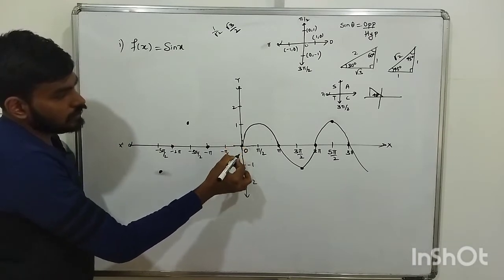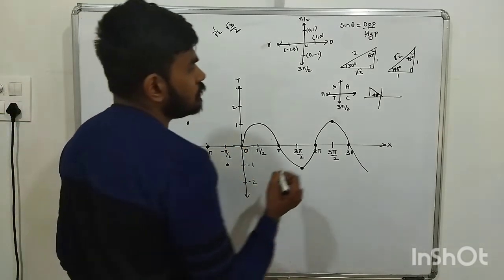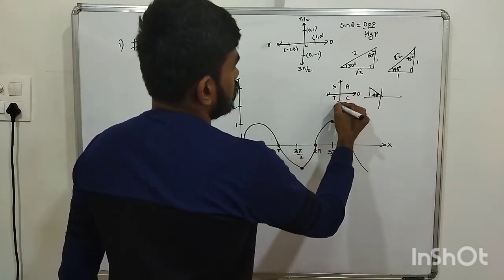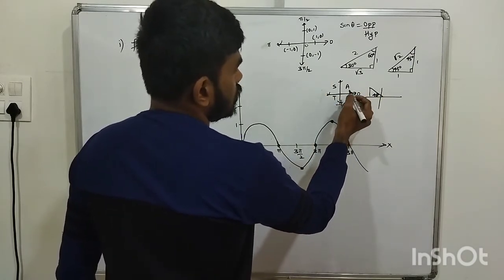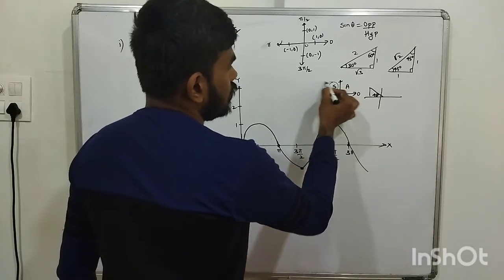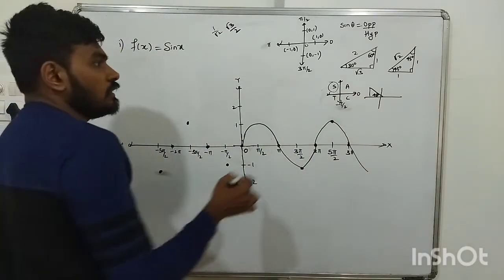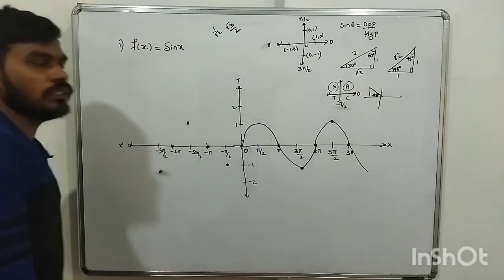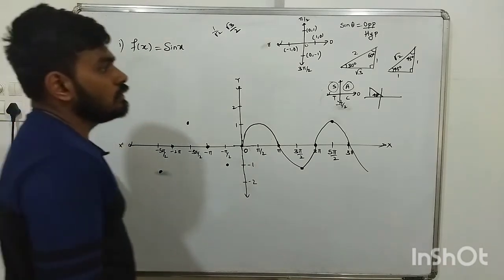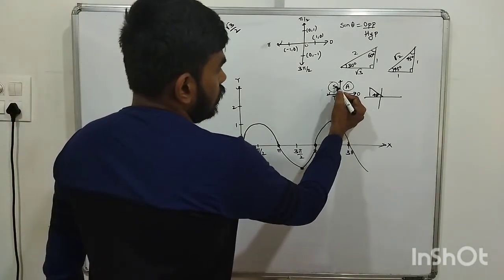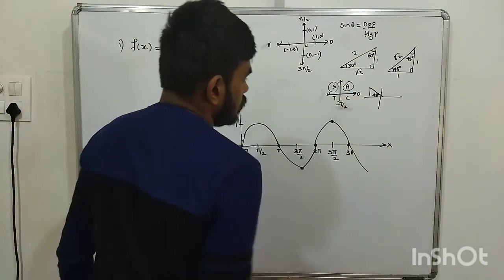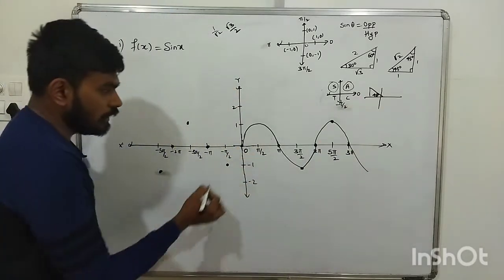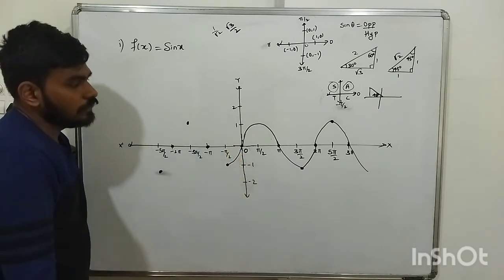Similarly, if we come to this side, the same thing will happen. See, 0 to minus pi by 2. So 0 is here and minus pi by 2 is here, correct? Sine and cosec are positive in the first quadrant, where all are positive. In the fourth, sine and cosec are negative. So from 0 to minus pi by 2, sine will be negative, so we get a curve like this.